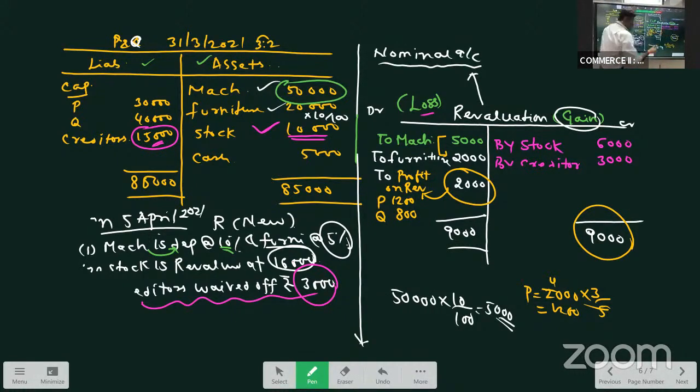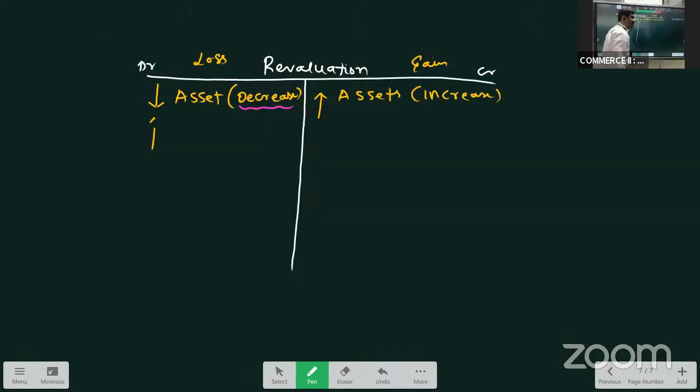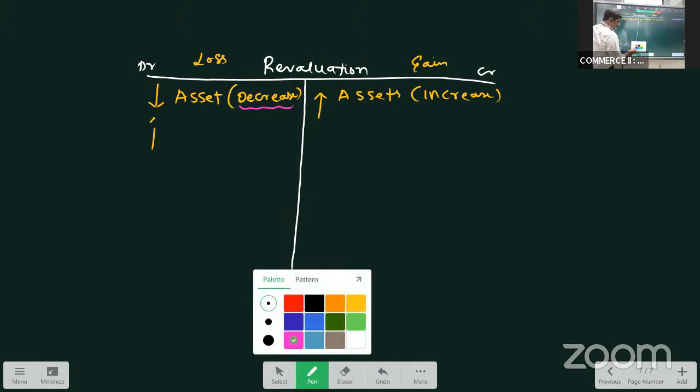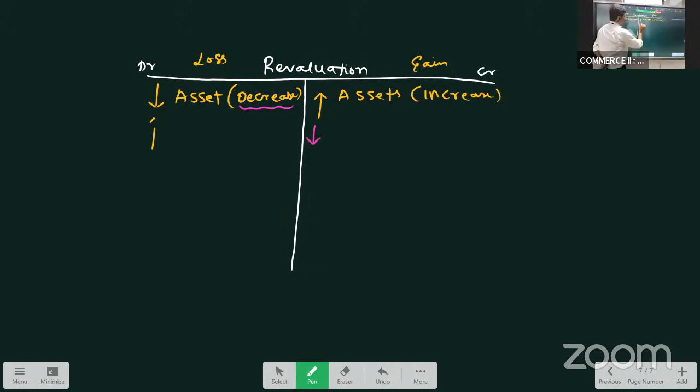I have taken it on the credit side because if there is a decrease in the value of liability, it is a gain. So if there is a decrease in the value of liability, that again is a gain. So we should take it on the credit side. And if there is an increase in the value of liability, that is a loss. Liability यानी obligation यानी कर्ज. अगर कर्ज हमारा बढ़ रहा तो हमारे लिए लॉस है, फर्म के लिए लॉस है, तो वो हम लोग डेबिट साइड लेंगे,